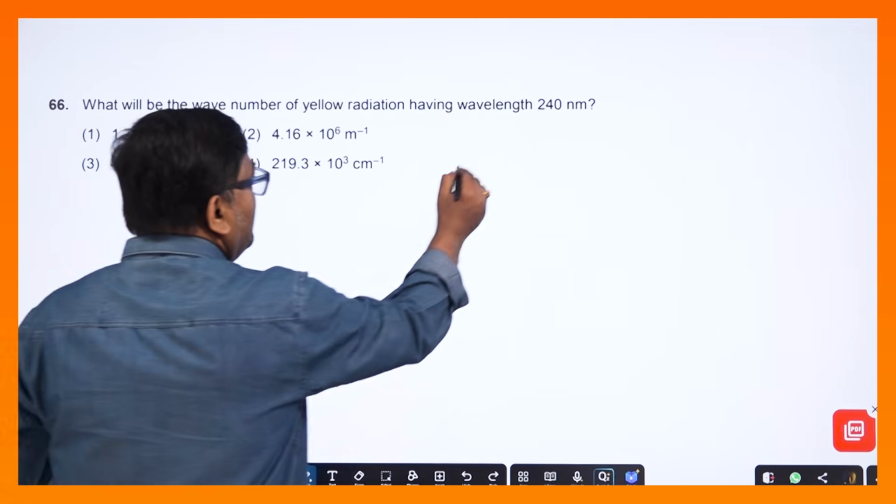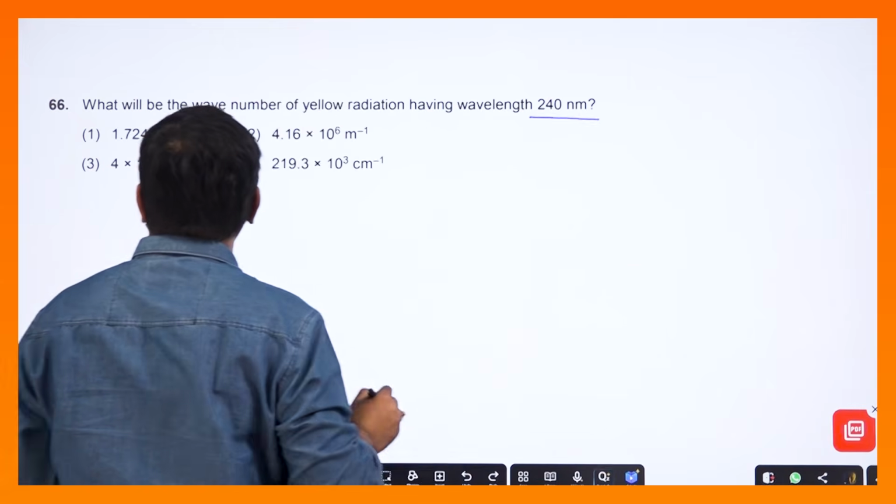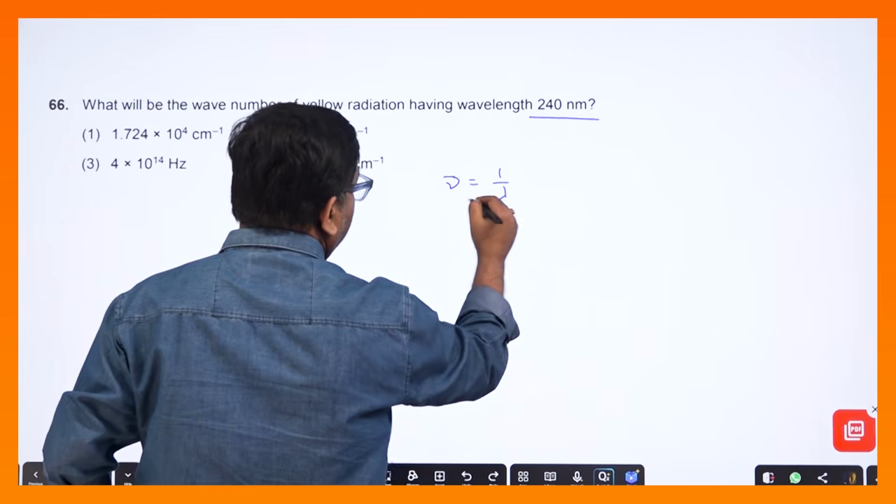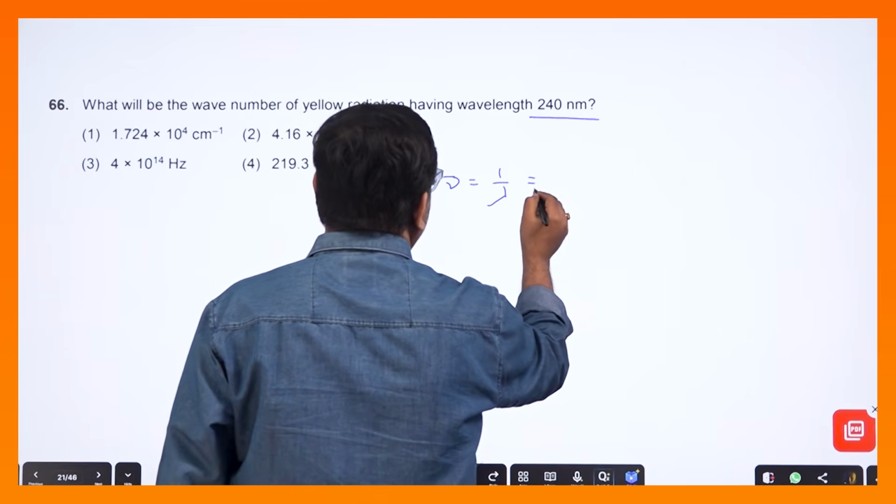কোশ্চেন, এটা বের করতে হবে তোমাকে, তাই তো। ওয়েভ নাম্বার বের করতে হবে, ν̄ is equal to 1/λ, তাহলে এটা কত ইউনিটে দিয়েছে, 1/λ,